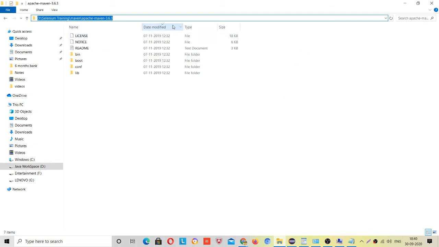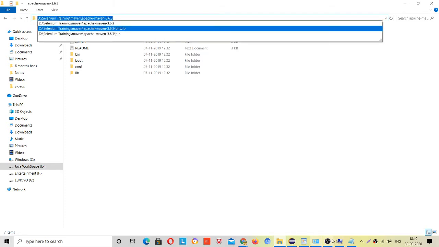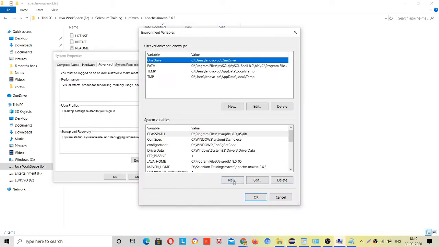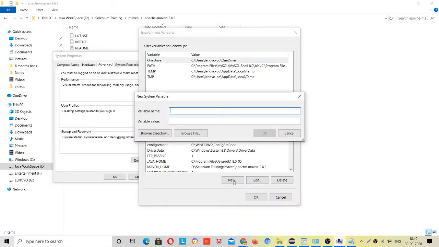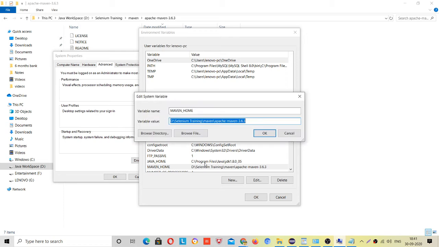Copy it up to apache-maven-3.6.3. Come here, add a new variable MAVEN_HOME, and then paste this path. I have already done this, that's why I am skipping it.